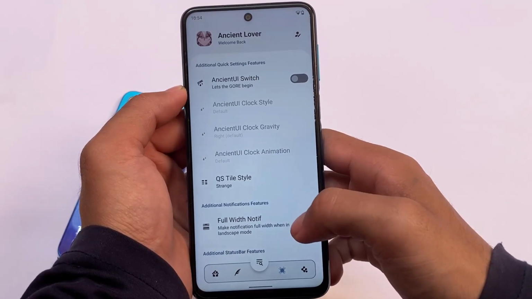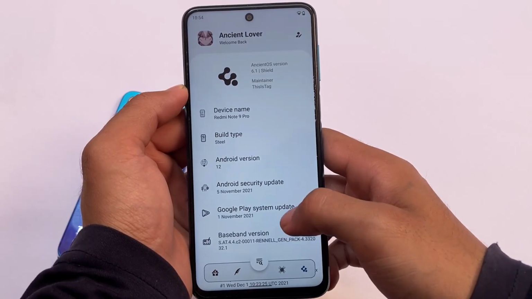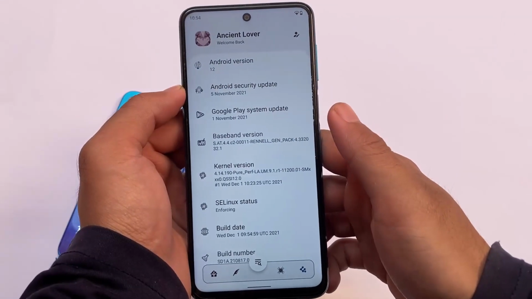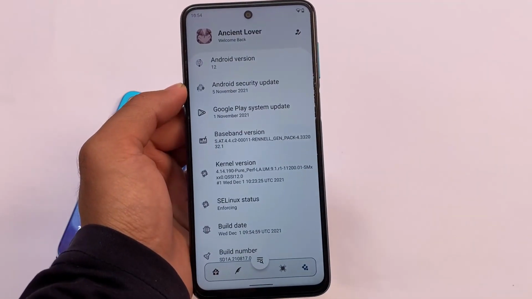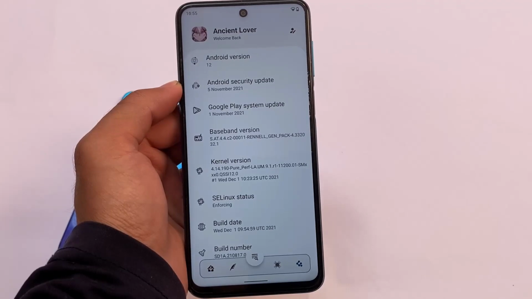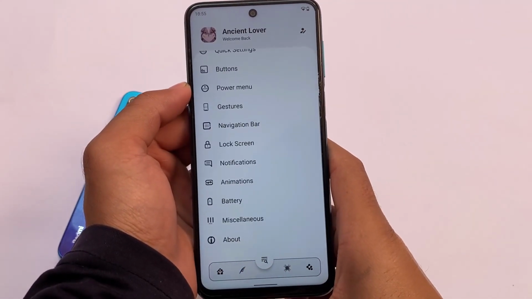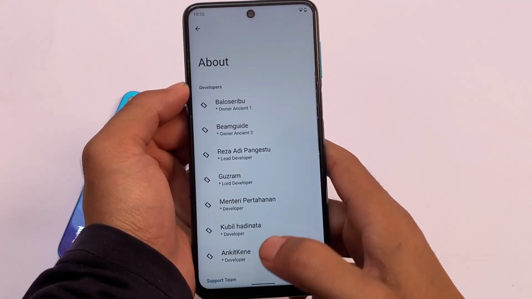There are also things like full notifications, a lot of things included. If you want to install this build, how can you install it? Of course, install this build, format data, and you're good to go. There are no special instructions while installing this. I'm not showing the installation instructions. It's a very simple thing. You can use OrangeFox Custom Recovery. You can use CWRP, but I recommend using OrangeFox Custom Recovery.